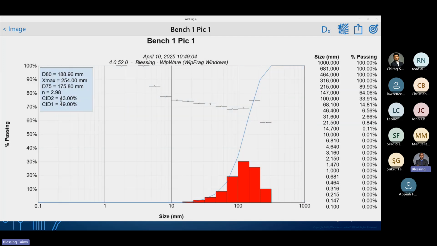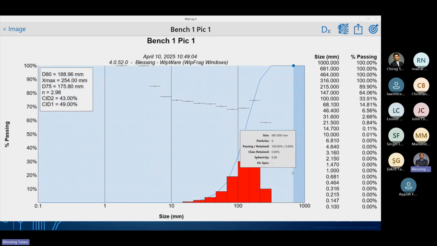Then, as I said when I was showing the dilution control application of the software, I mentioned that we create the first color ID as the high grade material, that is material with blackish spots. In this case, we are saying the blackish spot is where we are having the high concentrated ore. Then the whitish ore is where we are having intrusion, that is low grade ore. In this image that we just analyzed, 49 percent of the particles in that image have high concentrated high grade ore, while 43 percent have low concentrated high grade ore. This is the curve summary.